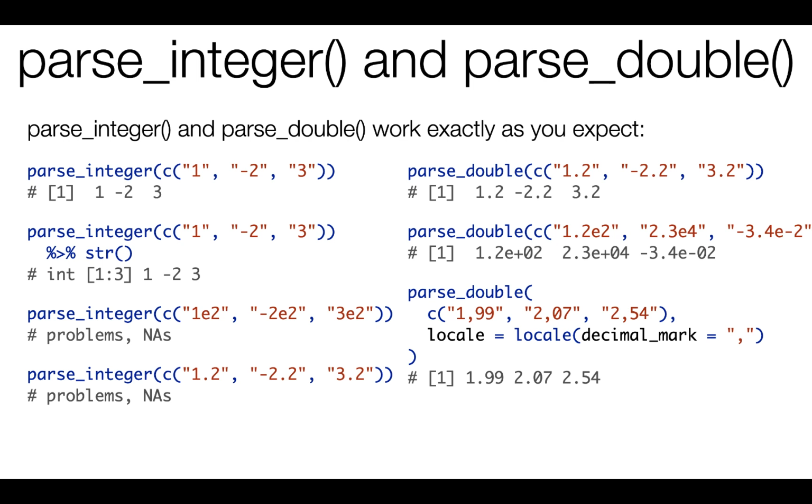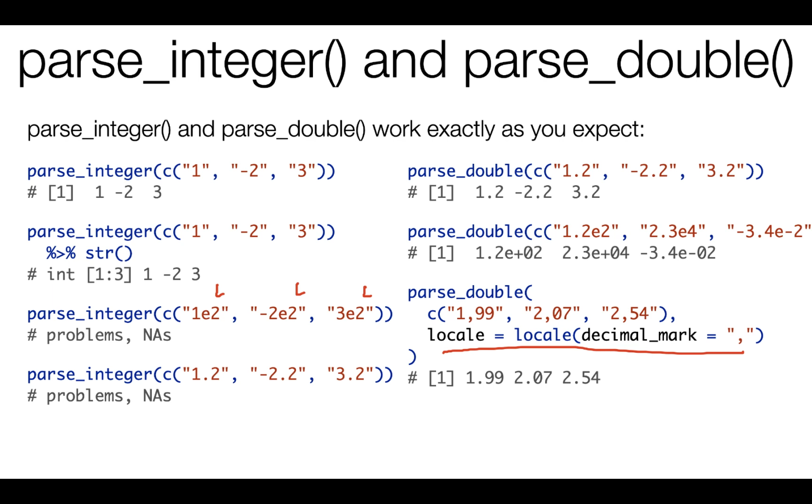For example, for numbers, it's common in Europe to use the comma for decimal marks instead of the period. So if you have a data set that has commas in for periods, you need to have some kind of parsing function that can support that kind of thing. And that's precisely what the parse double function will provide you with, and it does it by this locale argument, okay? So each of these functions will have a locale argument, which generally speaks to something like where are you